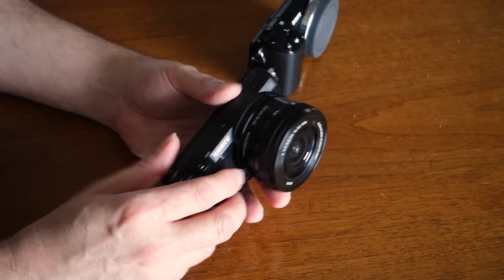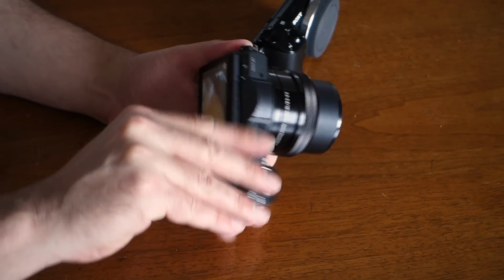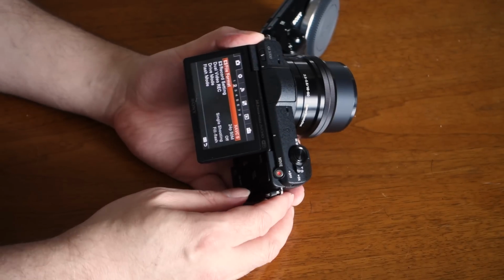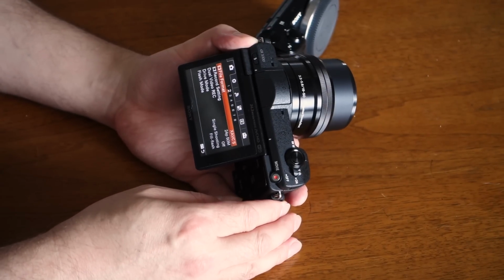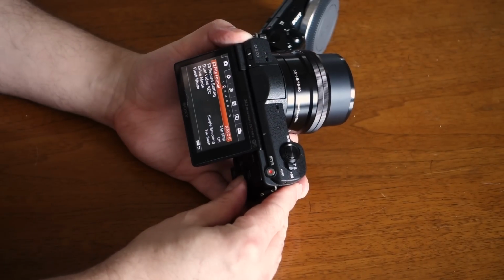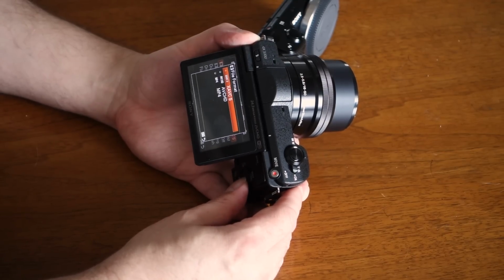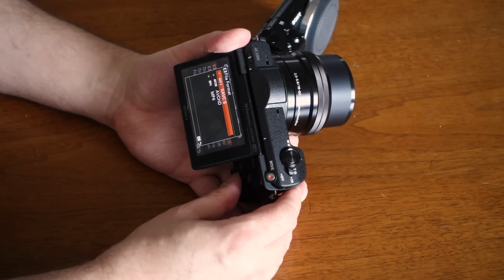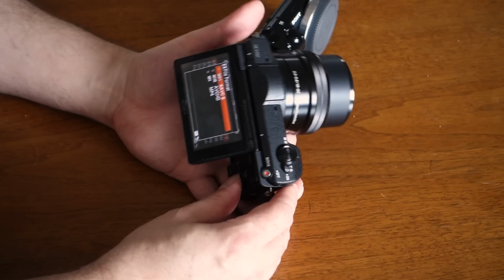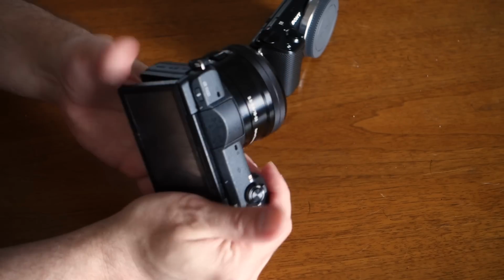Other upgrades that this has, I think one of the biggest ones that I'm really excited about, I'll open the menu here so you can see, is the video capabilities on here, the file format. We've talked about this a little bit with the RX100, but Sony has a new format in these cameras, which is this XAVC-S format, which is an MP4 container, but it allows you to get a much higher bit rate than the older MP4 standard or the AVCHD. And so you can get up to 50 megabits a second, I think is what it shoots at, which is pretty amazing. You do need to have a high capacity card,